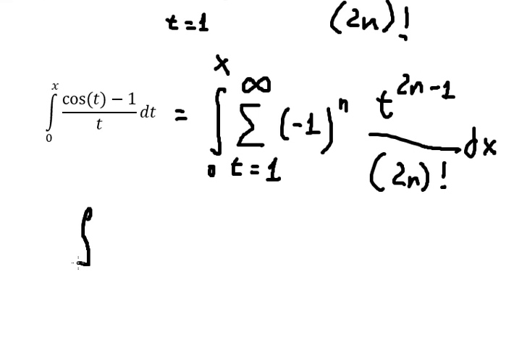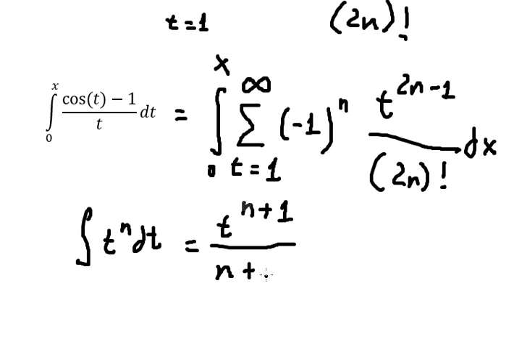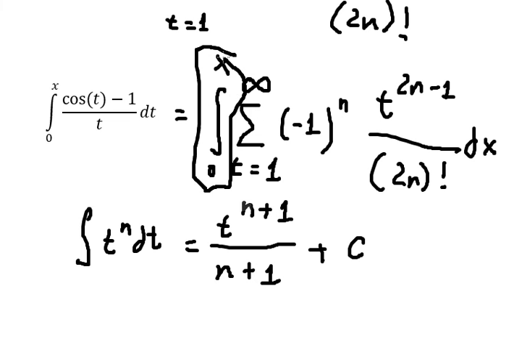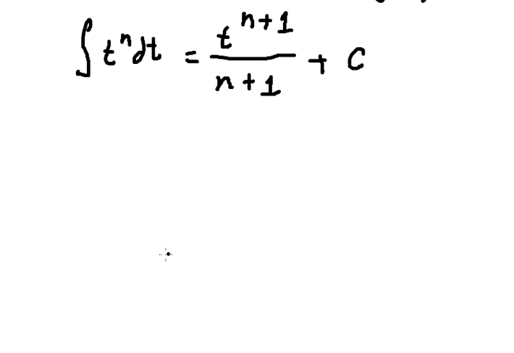So we have the formula. But we have the bounds, so we don't need the constant c. Now we put 2n minus 1 in here, so 2n minus 1 plus 1 we have 2n, and we have another 2n in here,